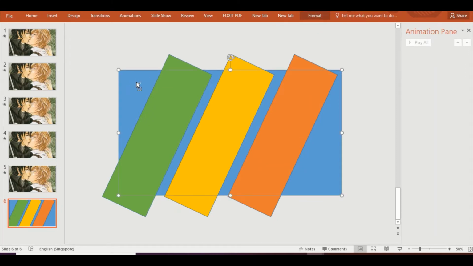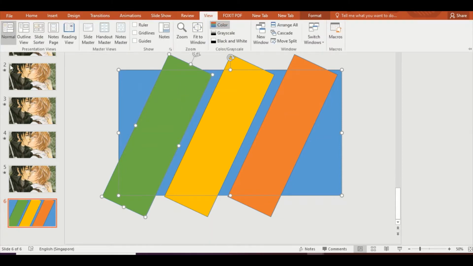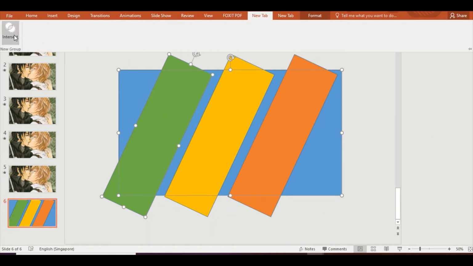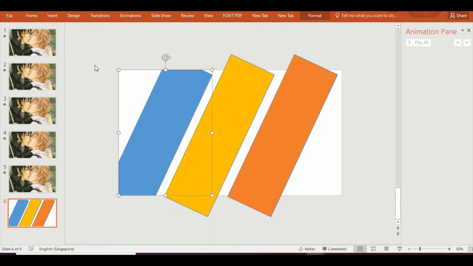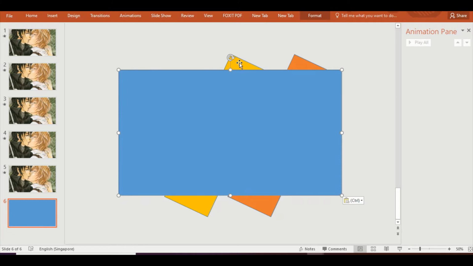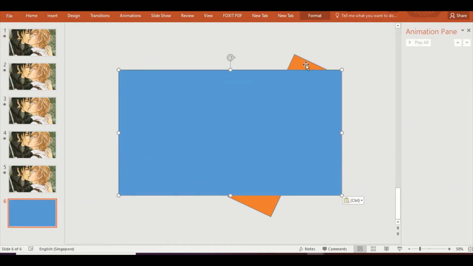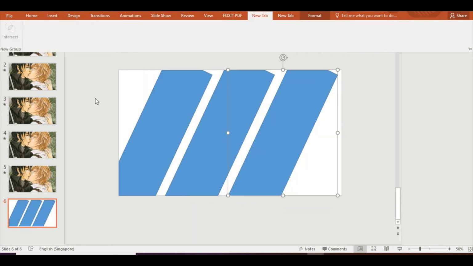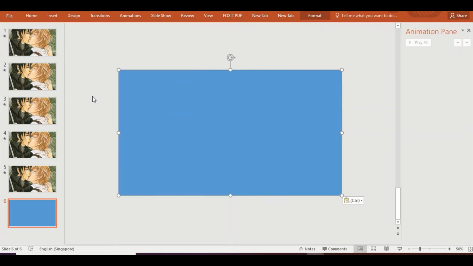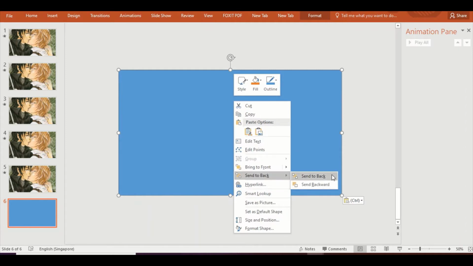First, copy the original rectangle because we will be using this in a while, and then select the rectangle and the first diagonal shape, then go to intersect, and then paste the original rectangle, then select as well the second diagonal shape, then go to intersect, then paste again the rectangle shape, then select the third diagonal shape, then intersect, then paste again the original rectangle, then move this to the back of the shapes,